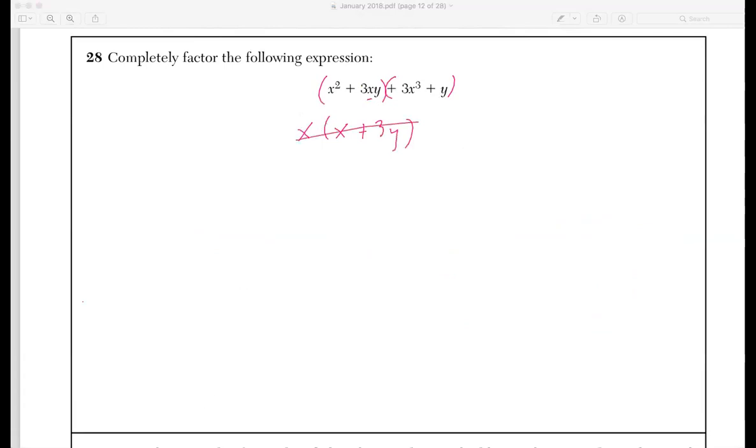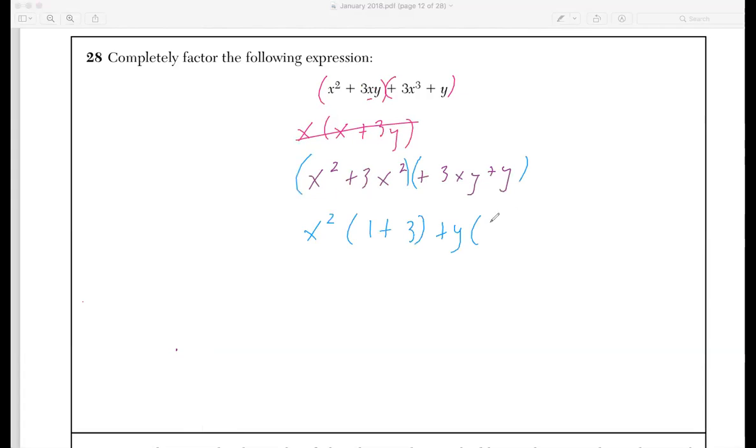What we're going to do now, though, is you can rearrange this original expression. So we're going to put the x squared plus the 3x squared next to each other. We're going to have 3xy plus y, they're going to be next to each other. That's the commutative property of addition, allows you to do that. Now let's do grouping and see if it works. Factor out an x squared, we get 1 plus 3. Here we factor out a y,